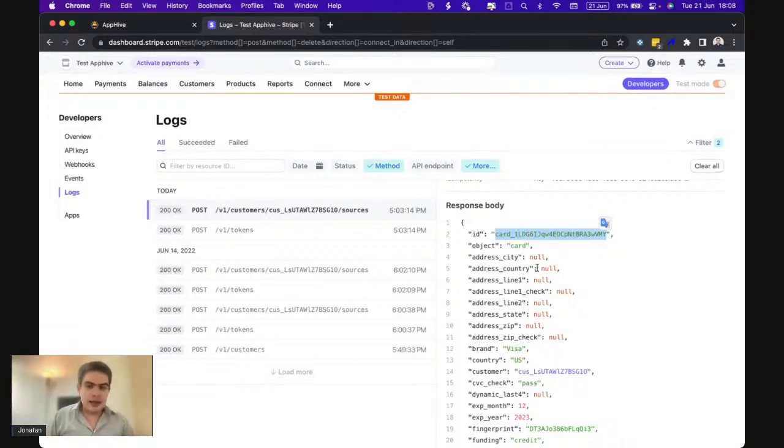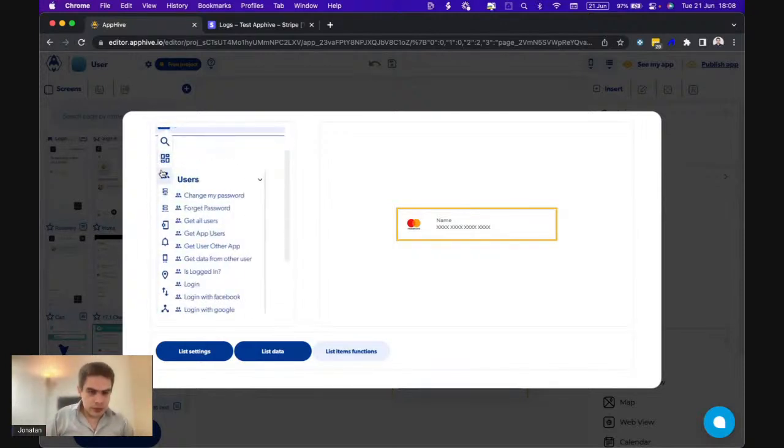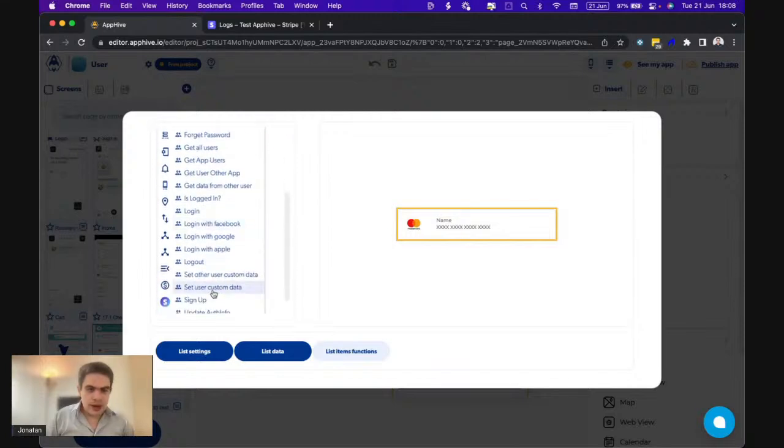So this ID is the ID we need to send to create a payment intent and then to charge the customer. So this ID is what we are going to save when I select this card. When I press a single card on the list, I'm going to save it in the user with a set user custom data. Remember, this allows us to set custom information into the customer,